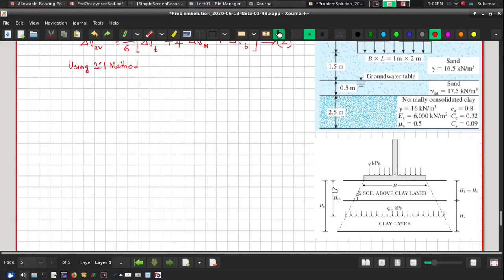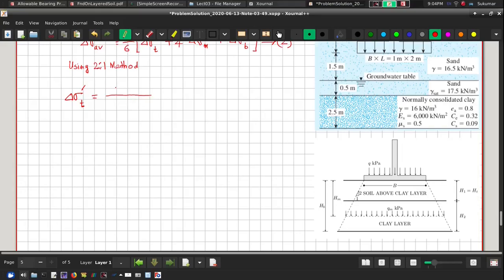And if I find the depth of top of the clay layer as HT from the foundation level, and depth of middle as HM, and depth of bottom as HB, then you remember that my delta sigma dash at top will be how much? It will be